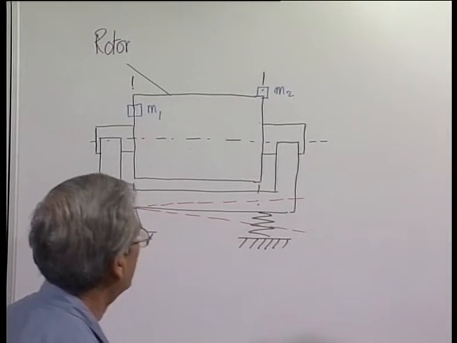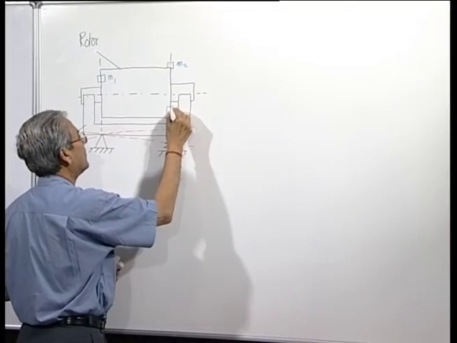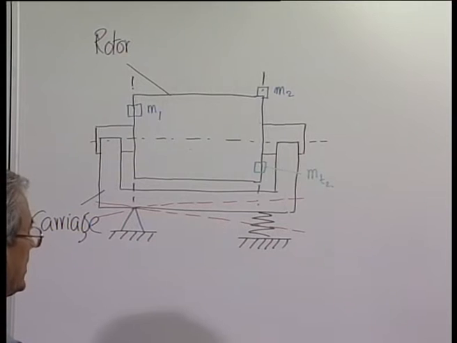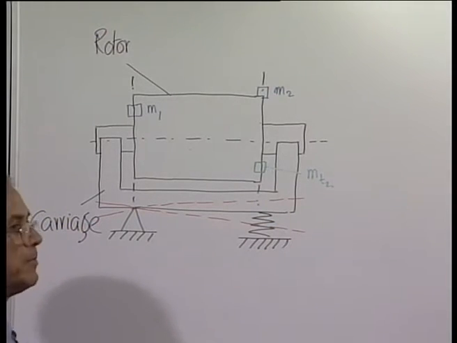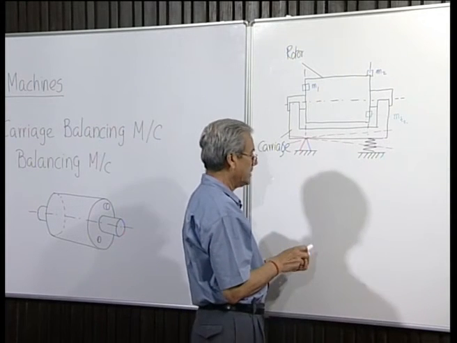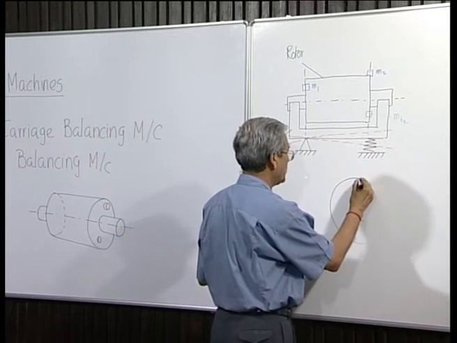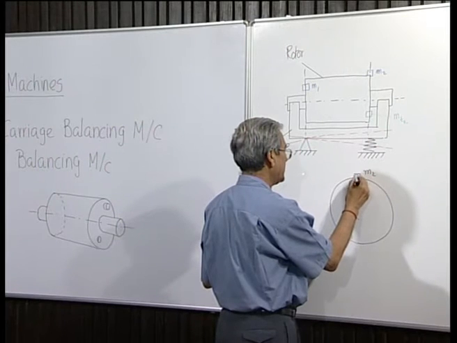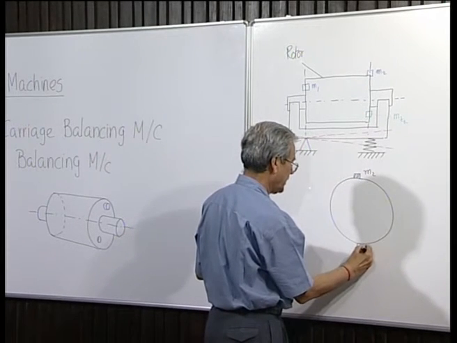So, what is done is that we then attach one trial mass on plane 2 and rotate its location gradually until the amplitude of oscillation at a particular speed becomes minimum. That is the situation where we may consider that this trial mass is approximately opposite to the m2. You can see it can be explained this way. If m2 is this, then the location where the trial mass mt2 will have minimum vibration produced will have to be here,